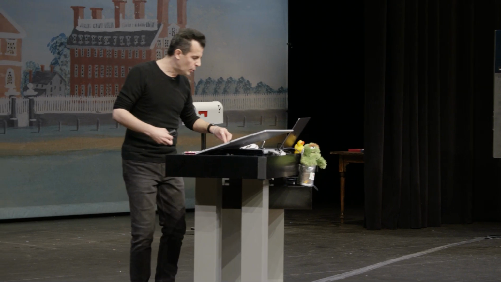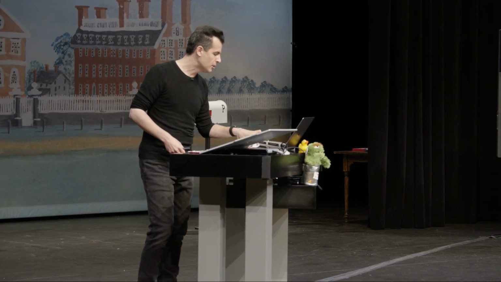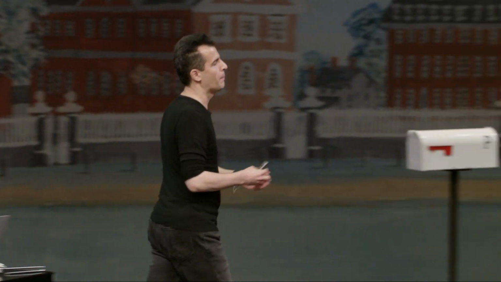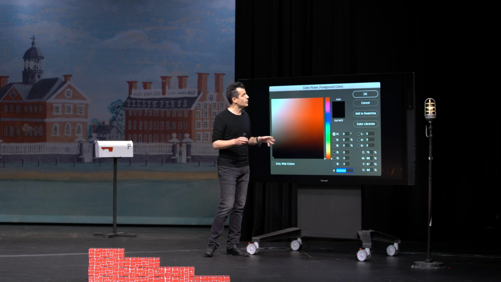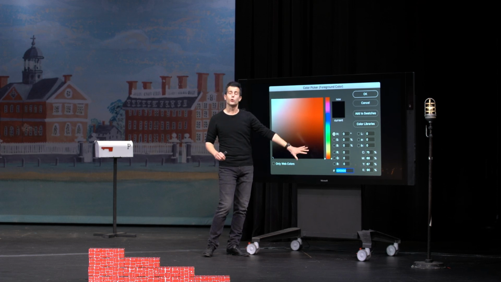So where are we going with this? Well, those of you who might have experimented in the past with making your own web pages and making them colorful, or those of you who are artists and have used programs like Photoshop, odds are you've seen these codes before. In fact, here are a few screenshots of Photoshop itself. If you click on a color in Photoshop and you pull up this window, you can change the color that you're drawing on the screen to be any of the colors of the rainbow.